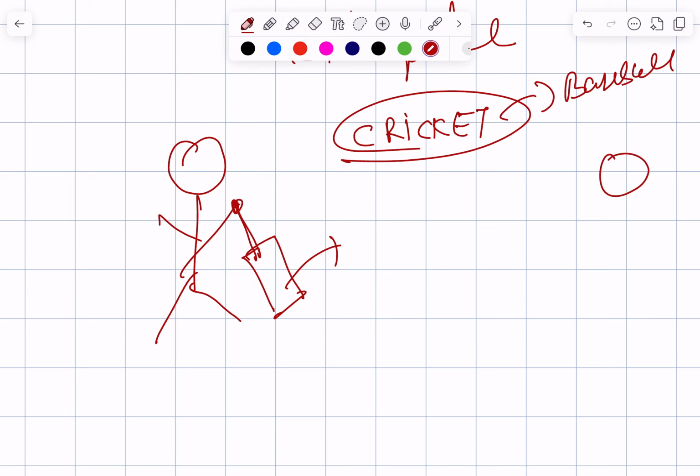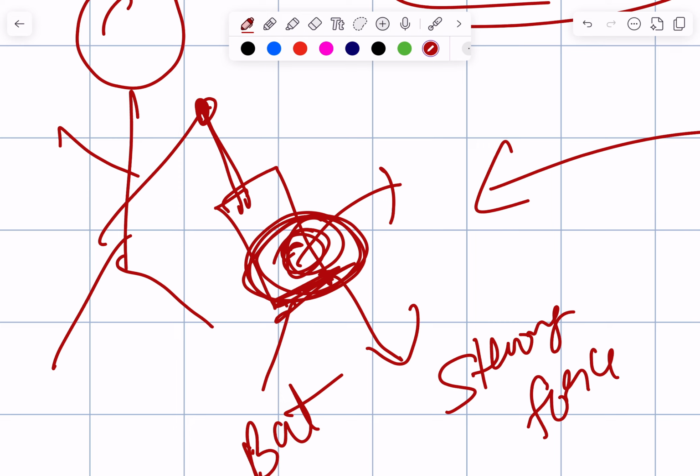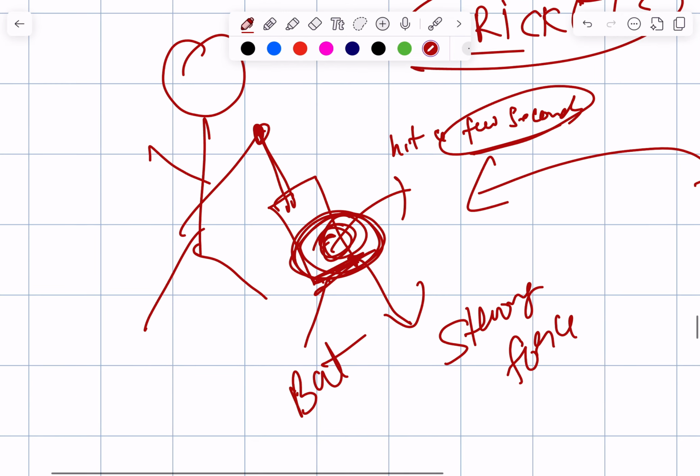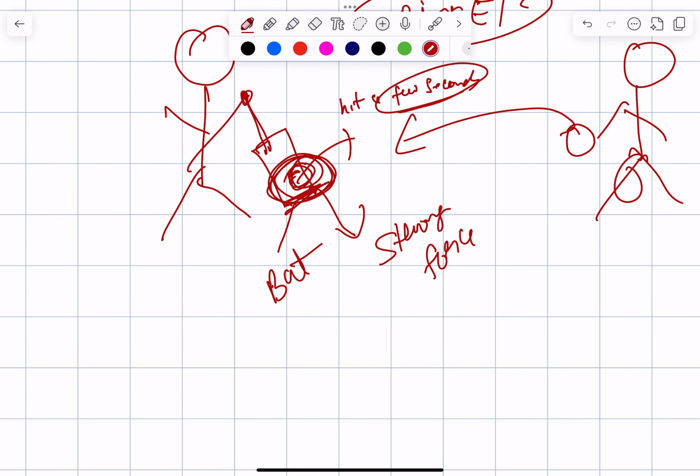So there are two persons. One person is bowling, throwing a ball, and the other will hit the ball with the bat. This is a bat. So for a short duration of time a very strong force is applied, because when we hit the ball, or when you hit someone, you hit with force, right? And that hit is only for a few seconds, not for a long time. That few seconds of force which you applied to that particular object is known as impulse, and it is defined by